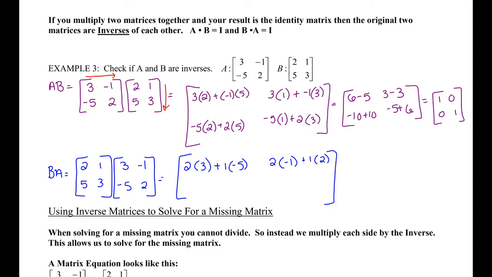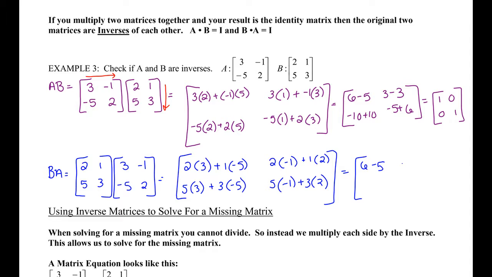For my bottom left entry, I'm going to use row 2, column 1. So 5 times 3 plus 3 times -5. Then row 2, column 2, 5 times -1 plus 3 times 2. So if we go through to simplify, we get 6 minus 5,